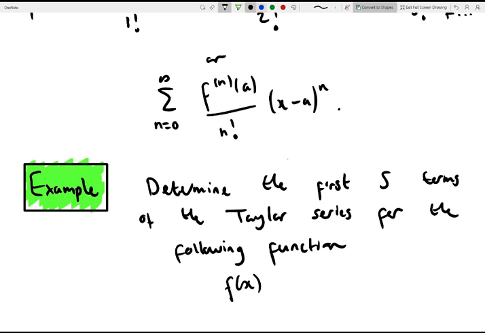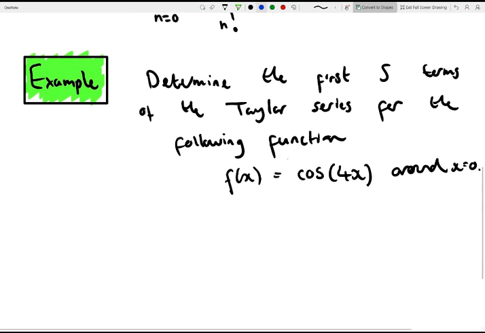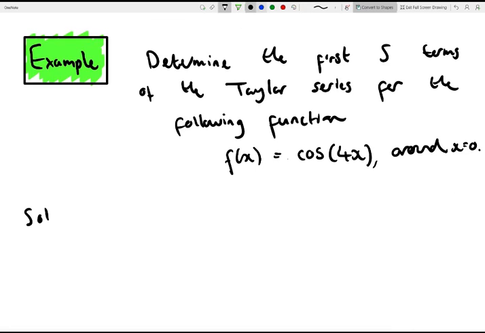And the function is f of x equals cos of 4x, and we want to expand around x is 0. So our solution